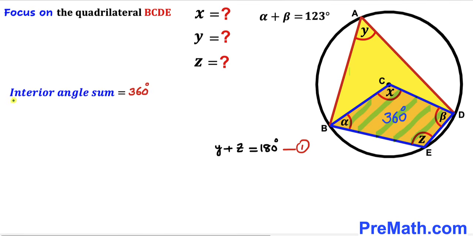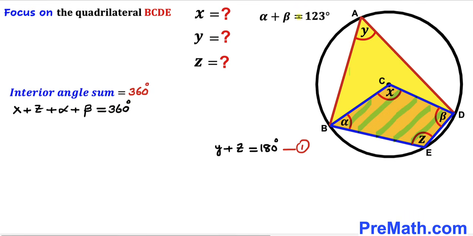So we can write the interior angle sum for this quadrilateral BCDE: X plus Z plus angle alpha plus angle beta is equal to